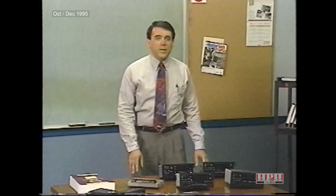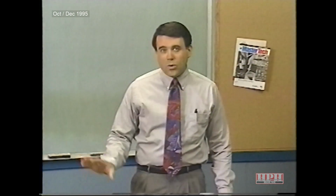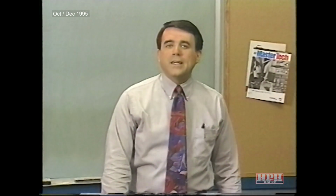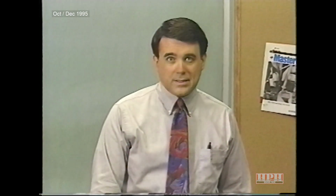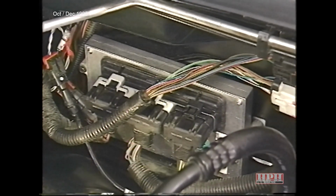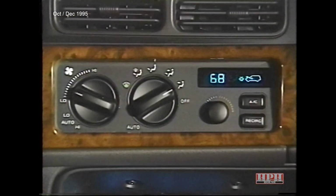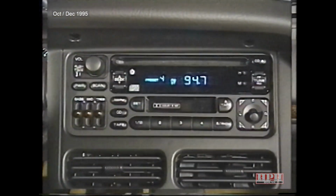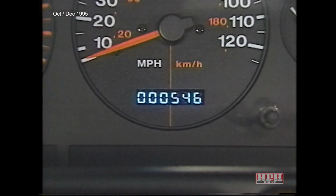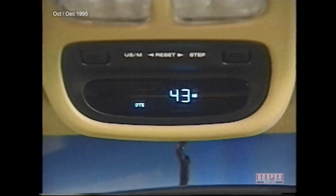This method of data transmission is used much more extensively on the 1996 Grand Cherokee than it was in the past. Data bus communication significantly reduces the complexity of the wiring in the vehicle and the size of the wiring harnesses. The electronic modules that are on the bus are as follows: the Powertrain control module, Vehicle Information Center, Automatic Temperature Control Module, Radio except the base model, Instrument Cluster, Body Control Module, Compass Mini Trip Computer,